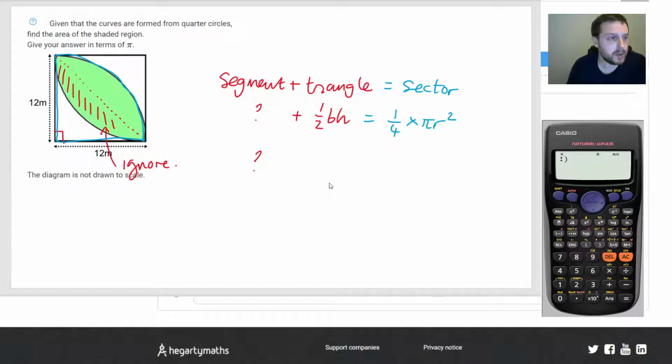That's what it is. So I'm just going to do the substitution. The segment is actually what we're looking for. Remember, we're going to double that at the end. Plus a half times 12 times 12. And this is supposed to equal